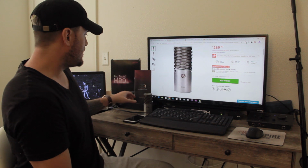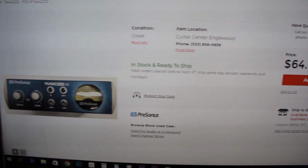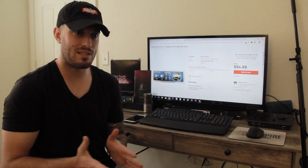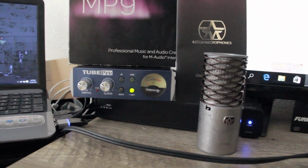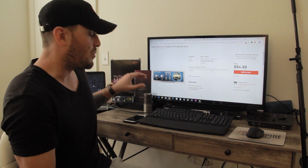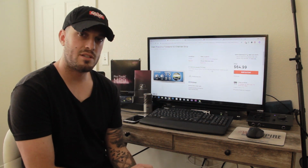So let's move on from the Aston, and we're going to go to the tube preamp that I chose. Now, the tube preamp, you can look at a few different preamps out there. What I wanted was just something to kind of give more depth in the microphone. Now, I know that the microphone's only $260. It's under $300. It's not going to compete with the Neumann TLM 103. It's not going to compete with microphones that are $1,000 and up. It's just not. It's going to sound pretty darn good the way it is. But what I wanted was I wanted it to compete as close to those microphones as I could possibly get it. So what I did was I found a preamp through Personas, and